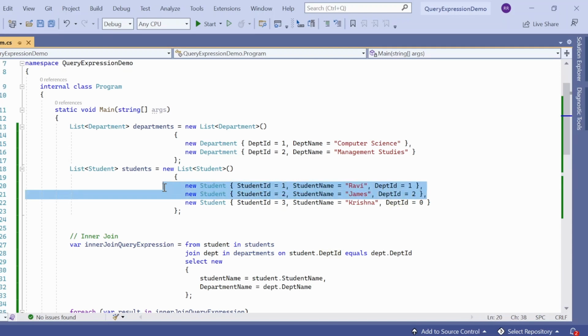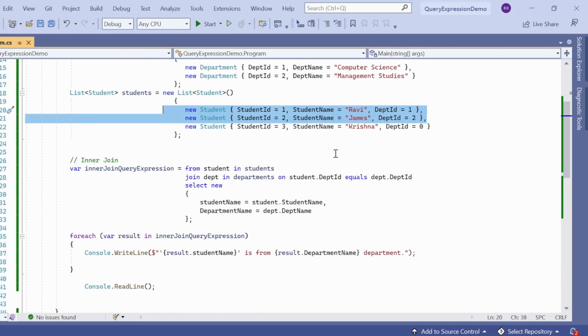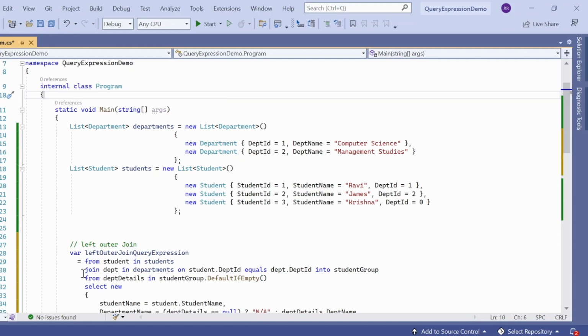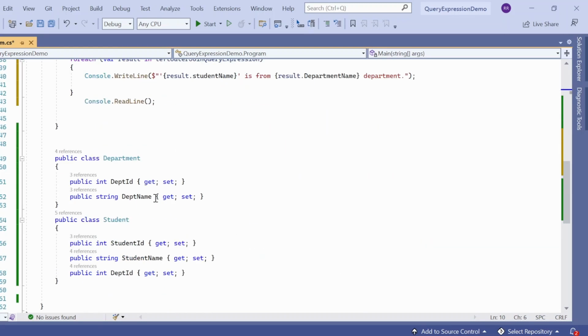So these two records got considered, then it got printed as an output. So that's inner join. Let's see what is the outer join. Okay, so for left outer join, the same, the class we have department, a student,